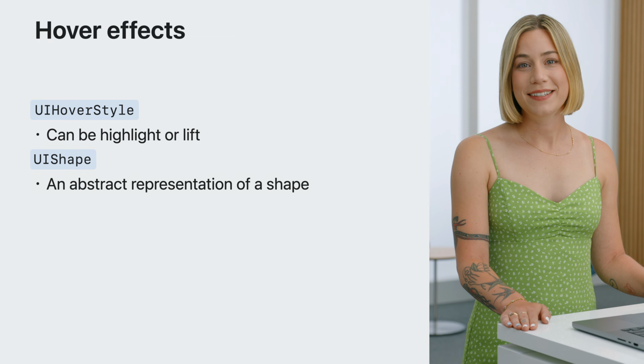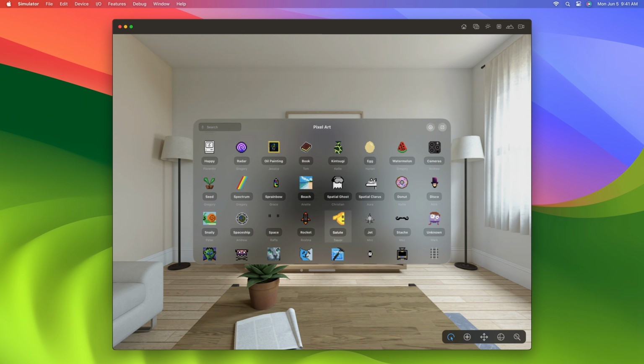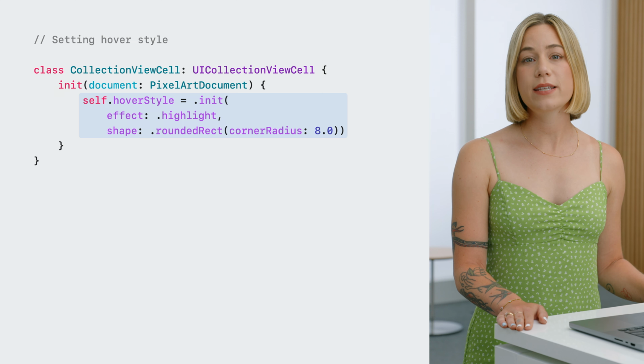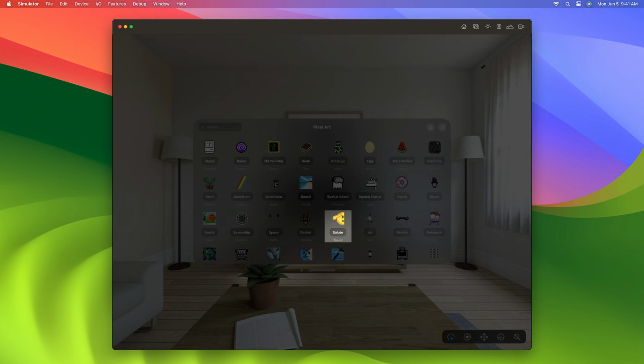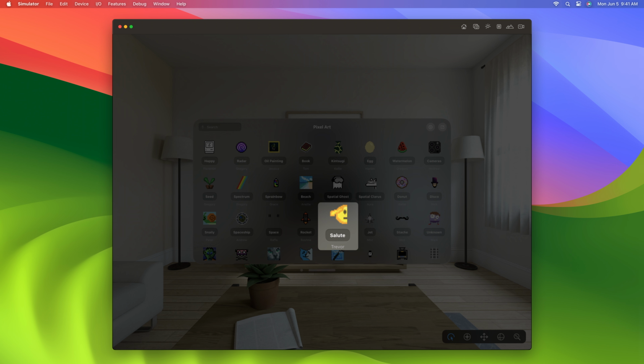And to go even further, you can use the new UI Shape API to provide the shape of your hover effect. I like that I already have a hover shape on the collection view cell, but I wish it had rounded corners. To instead use a rounded rectangle as the hover shape, I need to set the hover style property on the cell and pass in a rounded rectangle shape. And that takes the hover shape of the cell from this rectangle with square corners to this rounded rect. I think this looks really nice with the rounded corners of the text field and the background. Now, when I look at each collection view cell, their hover shape will be rounded.